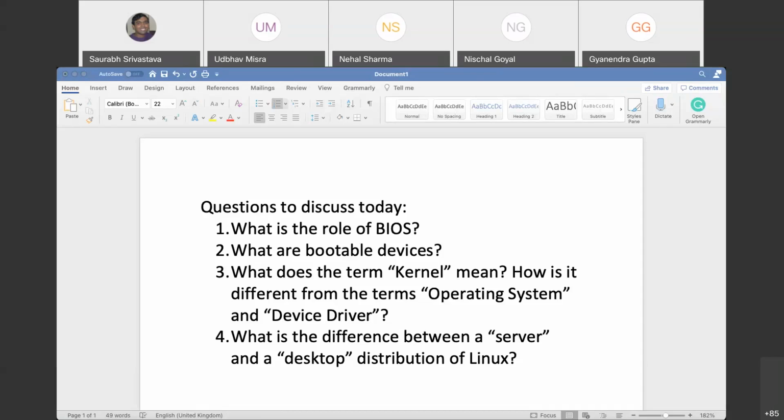The initial program which loads the operating system, in the case of Linux, is called the bootloader, and this bootloader loads what is known as the Linux kernel. So basically, the Linux kernel is the core of the Linux operating system, and if we look at the flow chart,